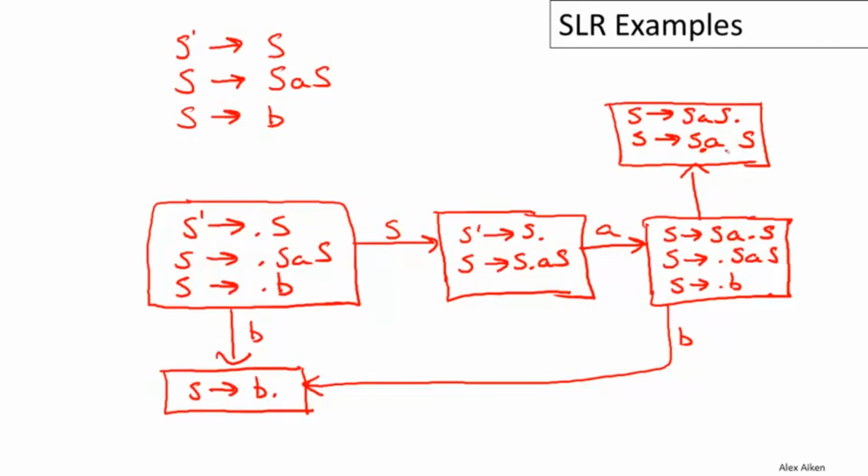So in this state, the only possible input is an A. And if it's an A, what's going to happen? Well, we're going to have S goes to SA dot S, and then we're going to have to add the initial productions for S again. And so that would just take us back to this state. And let me get the transitions labeled here. We go to this state on an S, and we come back to that state, the bottom state here, from the top state on an A. And I think, if we haven't made any mistakes, that is the complete transition system and all the states for